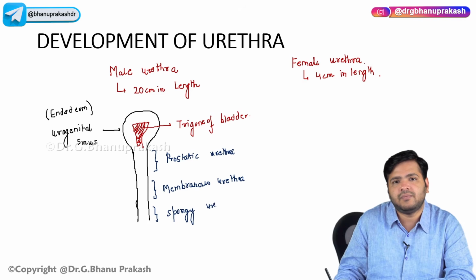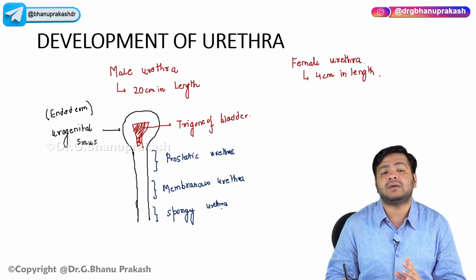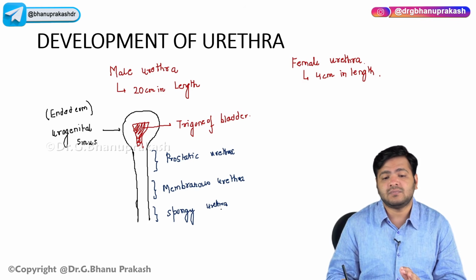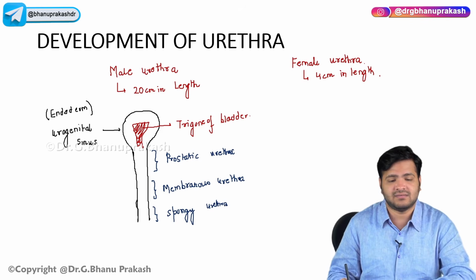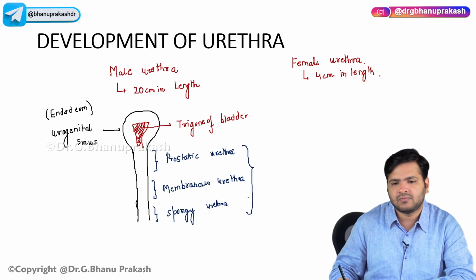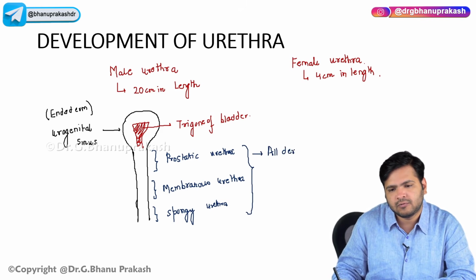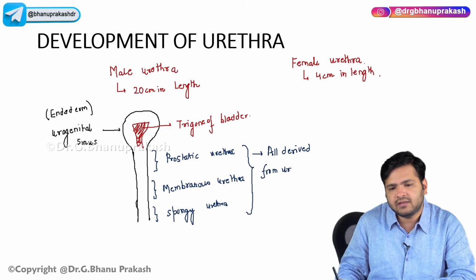Now all these parts of the urethra, prostatic, membranous and spongy, are all derived from the urogenital sinus,